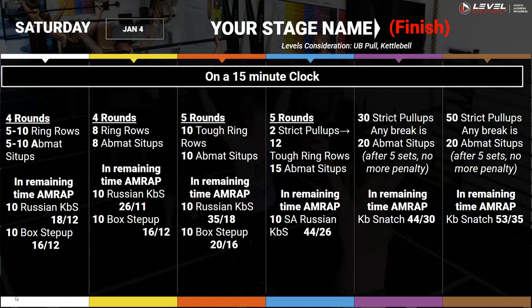You start out with kind of a buy-in there with 5 rounds of pull-ups or ring rows at the beginning with ab mat sit-ups, or you're doing your strict pull-ups, and if you have to break, you're doing ab mat sit-ups. That'll take about half the time, and then you're moving into